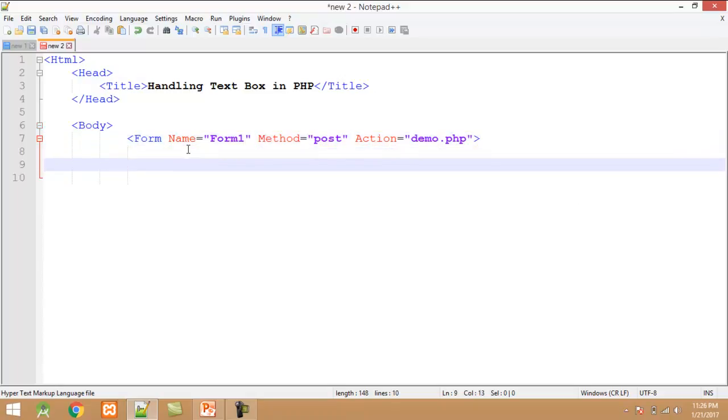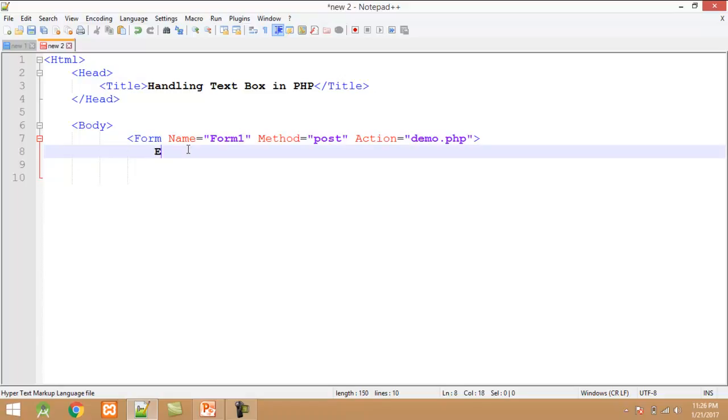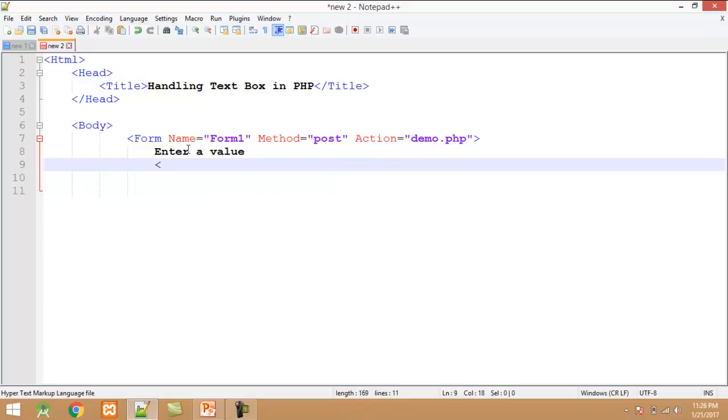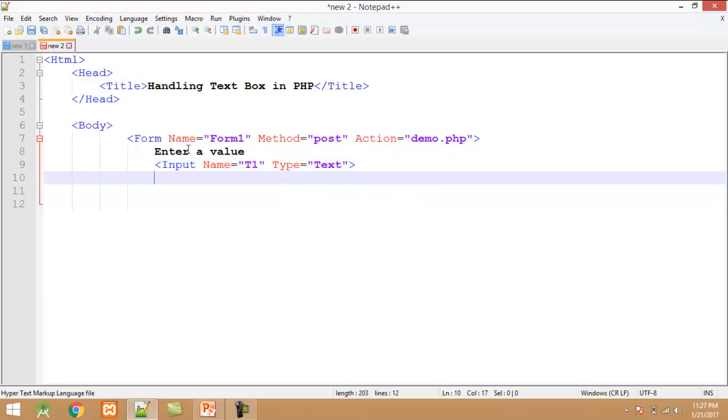After this I display a message, enter a value, and after this message I create a simple text box with the help of input tag. Input name equals to T1. This name must be unique, and type equals to text.